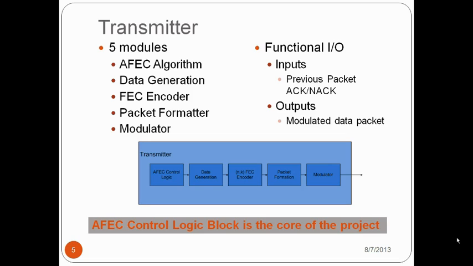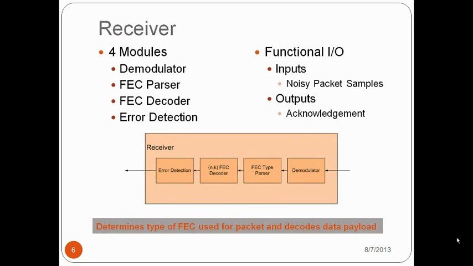And then the modulator is again a simple modulator from MATLAB. So the output of the transmitter is some complex baseband data samples. The receiver receives these complex baseband data samples after they've been run through a channel, and the simulation just used an AWGN channel. So noise was added, but the receiver receives these noisy complex baseband samples,